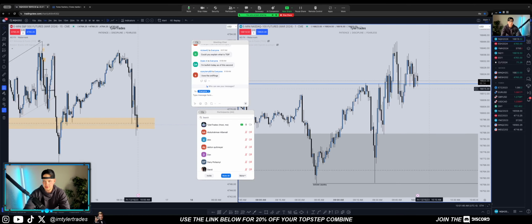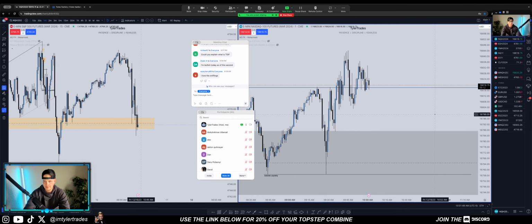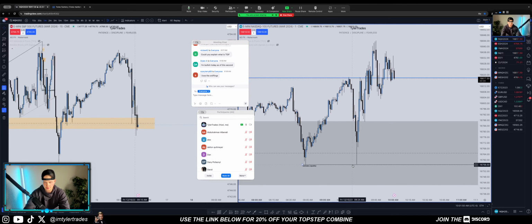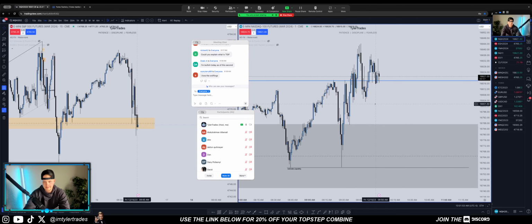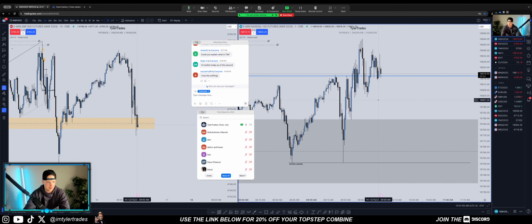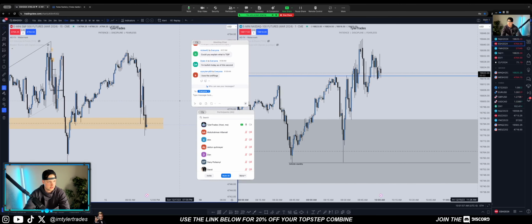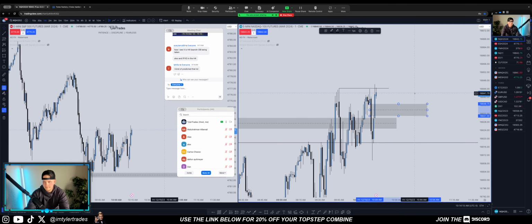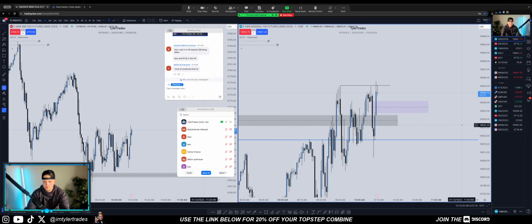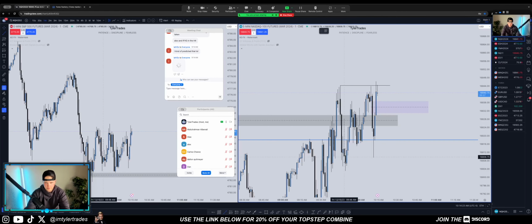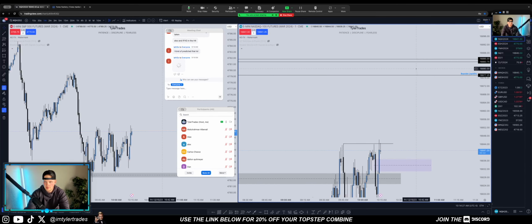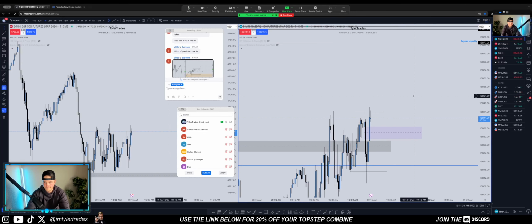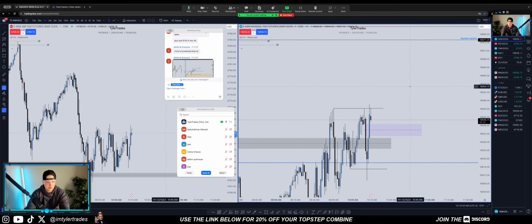Obviously, if it just sells off and I'm incorrect, and maybe the draw is lower first, that's fine. We'll let that play out then. But that's what I'm thinking for right now, guys. 40 seconds left on the candle. Viewing this as that sweep to go higher. All buy side up here. Let's let this candle close.